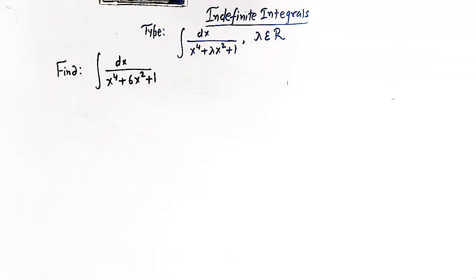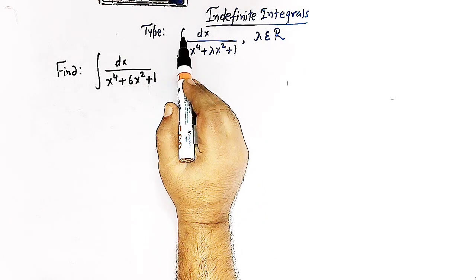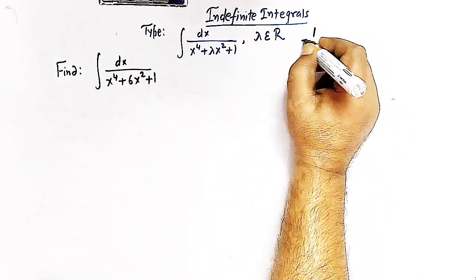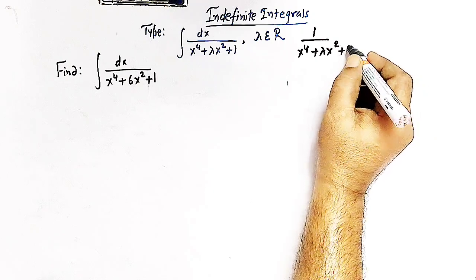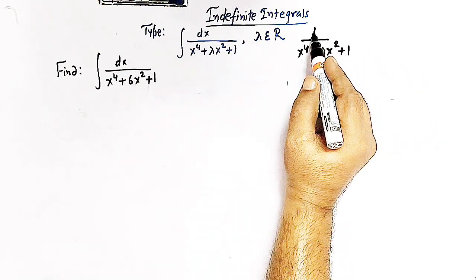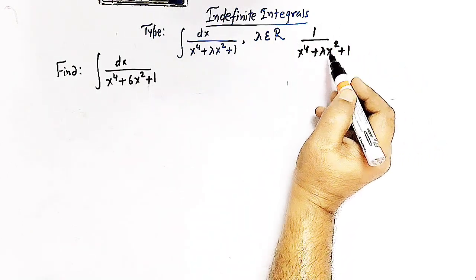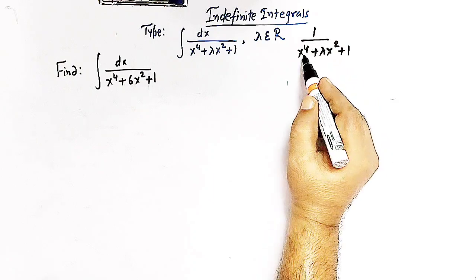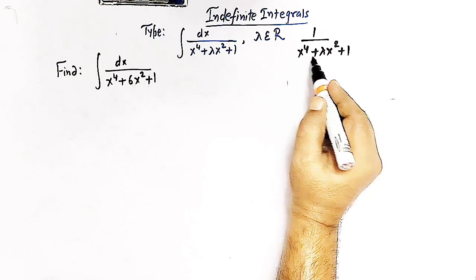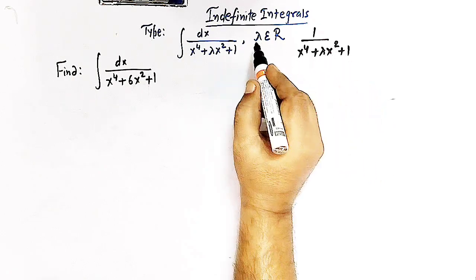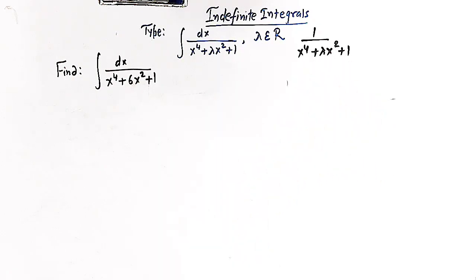Hello viewers, in today's session we are going to discuss an important type of indefinite integral in which the integrand is of this form, that is 1 over x raised to 4 plus lambda x square plus 1. So here the integrand is of the form where the numerator is 1 and the denominator is a biquadratic function, that is x raised to 4 plus lambda x square plus 1, where lambda belongs to the set of real